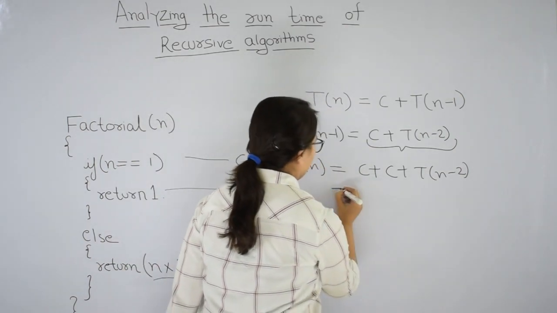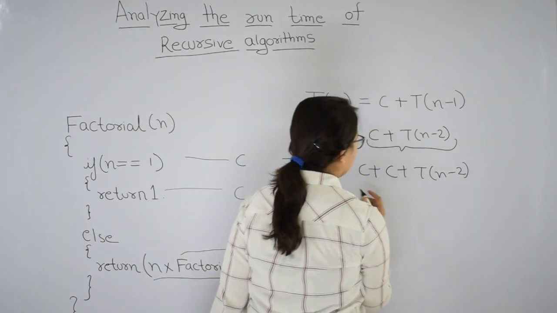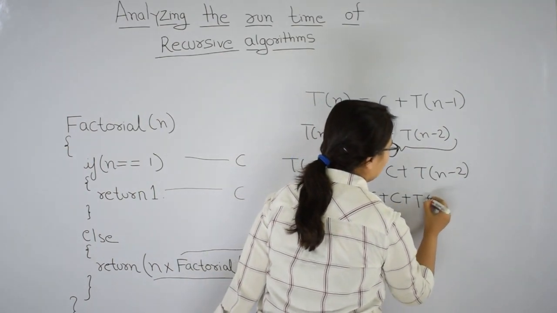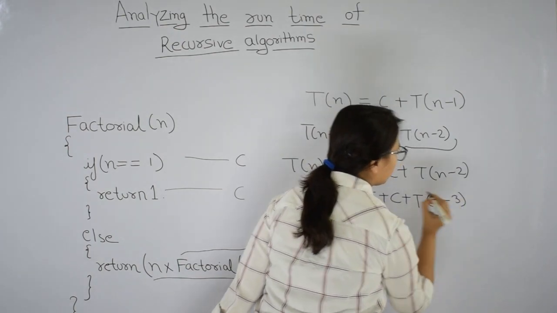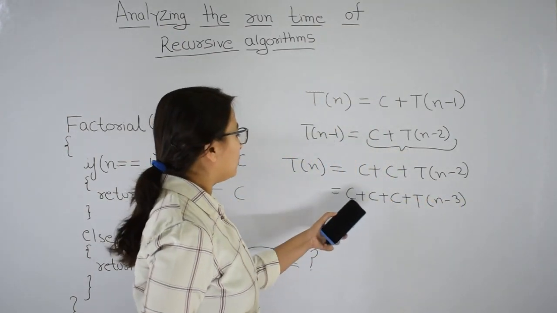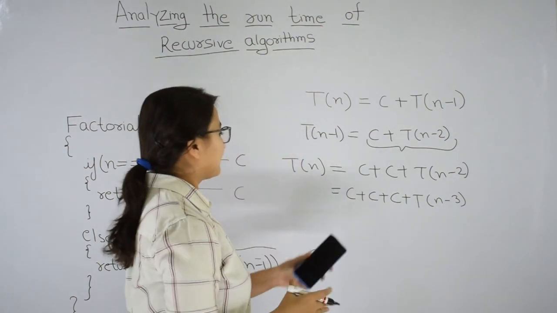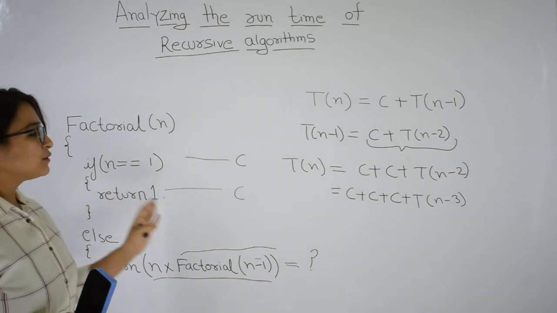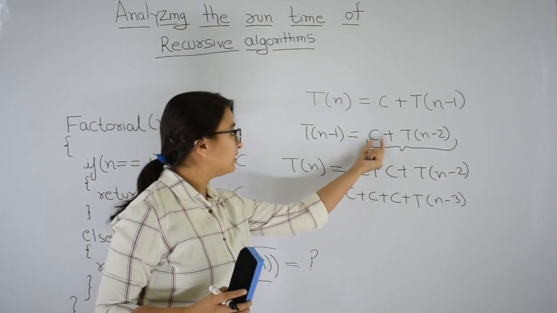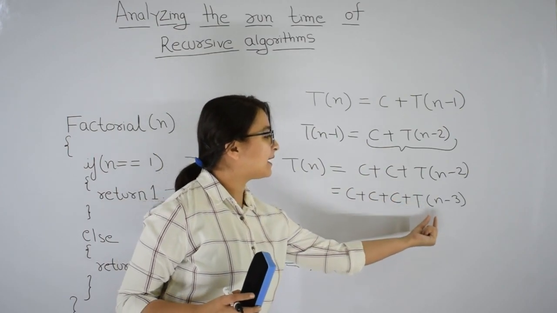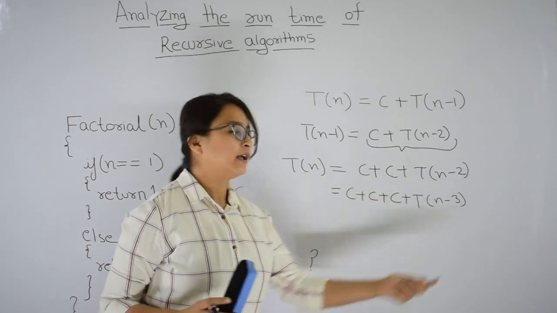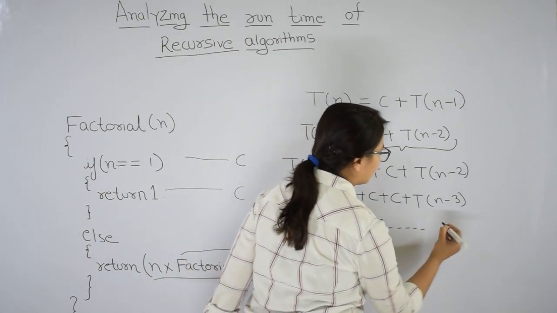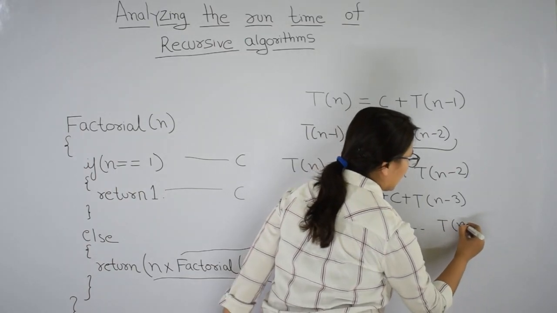Now what is the time taken by n minus 2? You could say, some constant c plus T(n minus 3). Now look, if you look carefully at this algorithm, how many times do you think we will be adding c's? c plus c plus c, T(n minus 1), T(n minus 2), T(n minus 3). It will go like this: c plus c plus c plus some number of c's, then T of